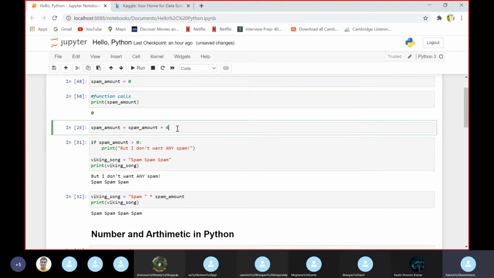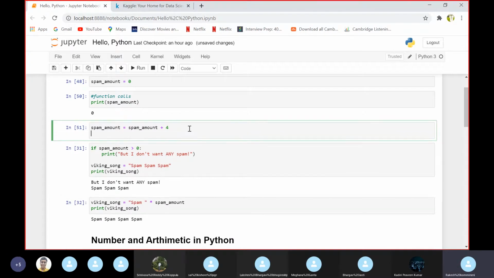Here you can see we have the spam_amount variable, and with the help of the addition operator we have added the value 4, and again we can print the updated result.